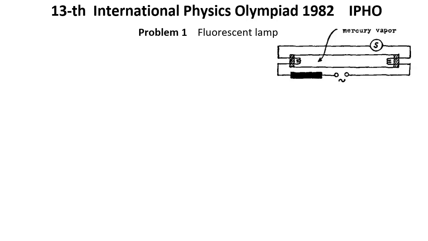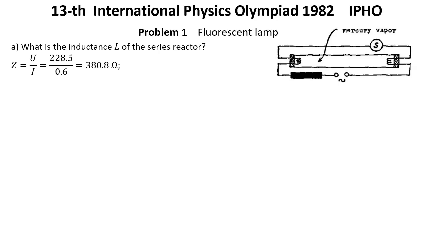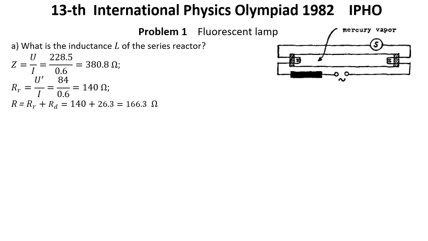Solution for problem number 1. Question A. What is the inductance L of the series reactor? The total resistance of the apparatus is Z equal U over I, which is 380.8 ohm. The ohmic resistance of the tube is R equal U prime over I, which is 140 ohm. Hence, the total ohmic resistance is R plus RD, which is